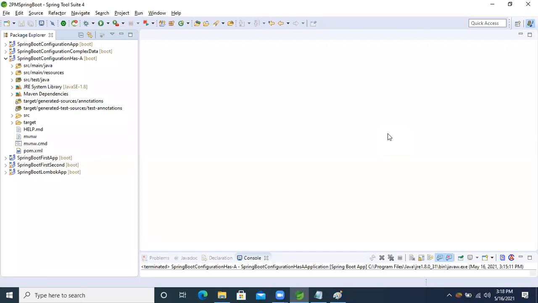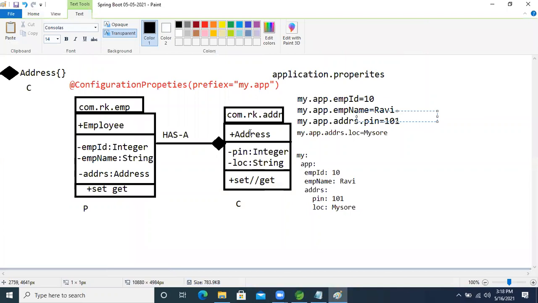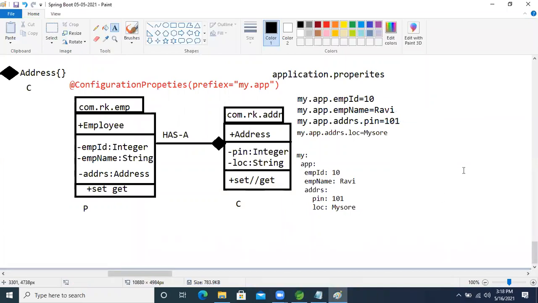So now, guys, let's design it. In the same application, the Employee class is there and the Address class is there.